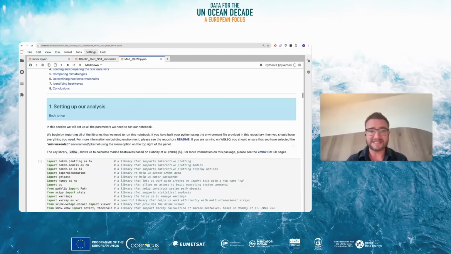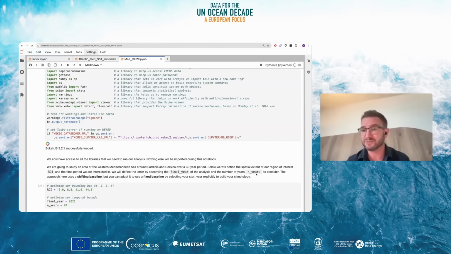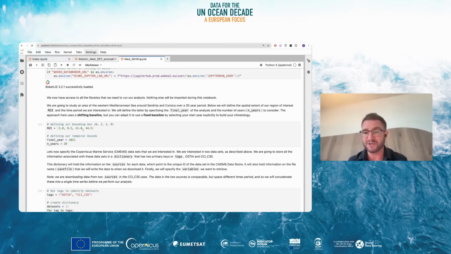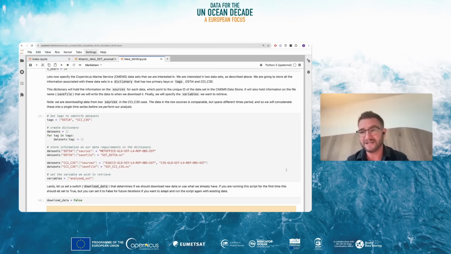Going to set up our analysis here exactly as before. We're going to connect to the Copernicus Marine Service data this time, and we're going to use a clever little package called XCube, which will allow us to work with the data on the fly. So we define our bounding boxes and the years we're going to do our analysis over. And we're actually going to look at two different sea surface temperature data sets. One is the Ostia multi-year product that I referred to in the previous notebook, and the other one is another climate quality product from the CCI project, also available through the Copernicus Marine Service. I'll show you why towards the end of the notebook.